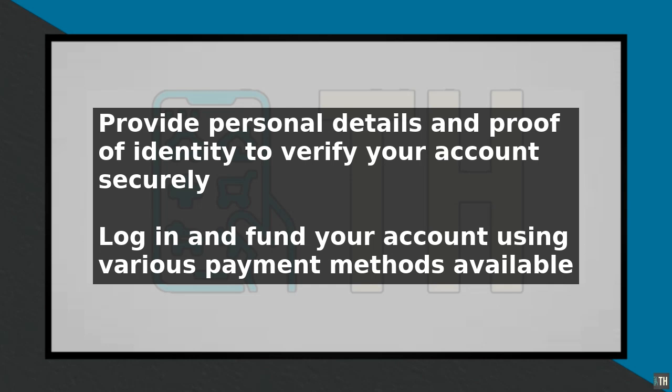The Plus500 app allows you to trade a wide range of financial instruments, including stocks, indices, commodities, and currencies. To start trading, select the instrument you want to trade from the menu and click on the Buy or Sell button. You can also set a stop loss and take profit levels to limit your potential losses and lock in